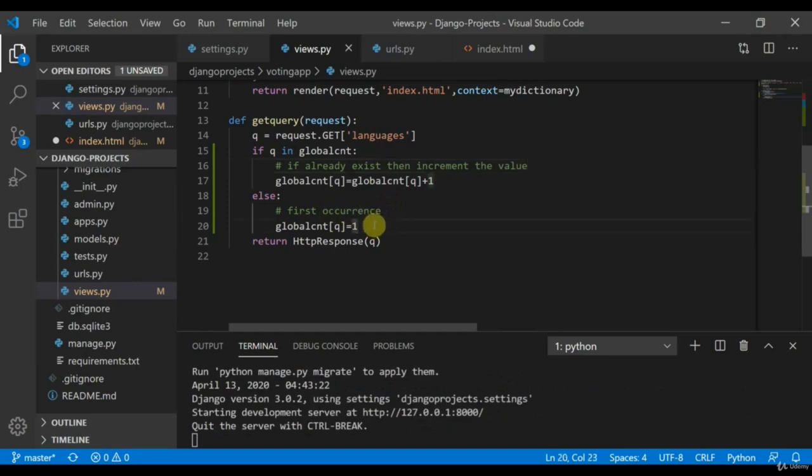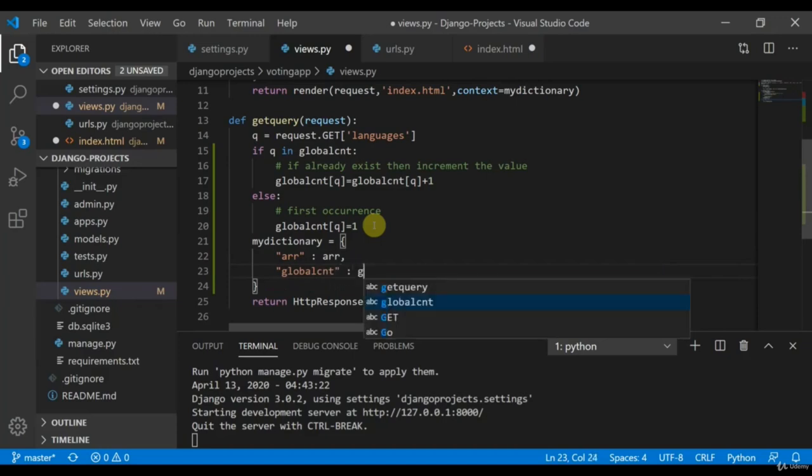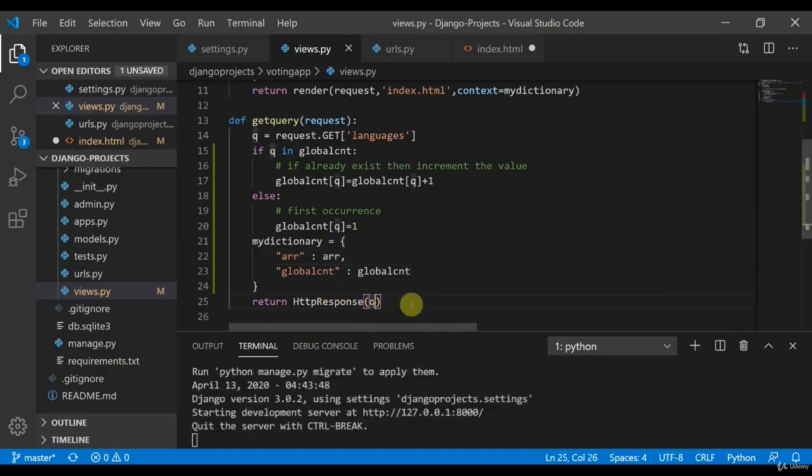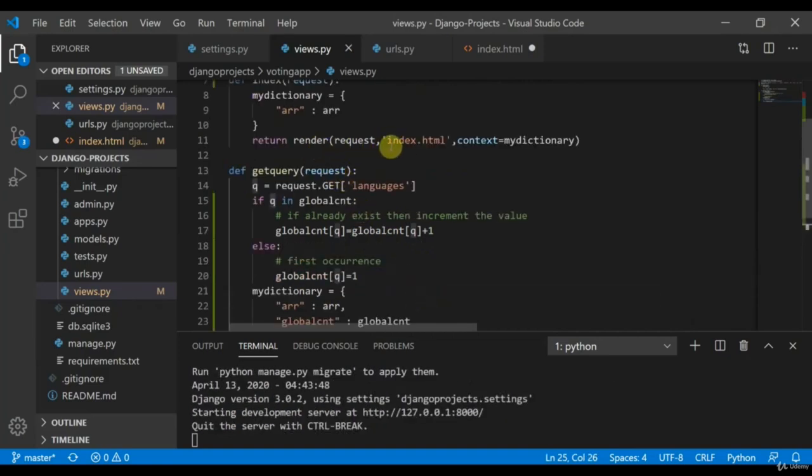Okay, so we'll create my dictionary. The array would be the array, and global count would be the global count. Good. Then for the return, we're going to render this in the same way.